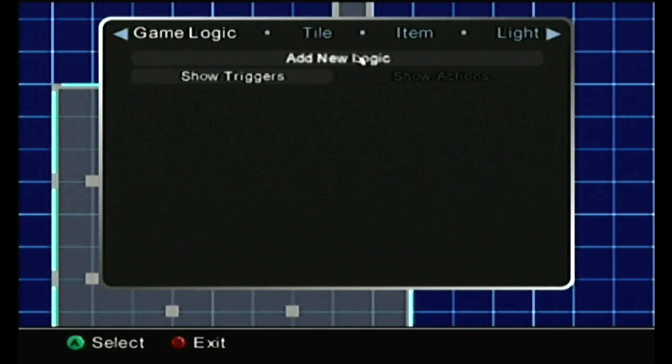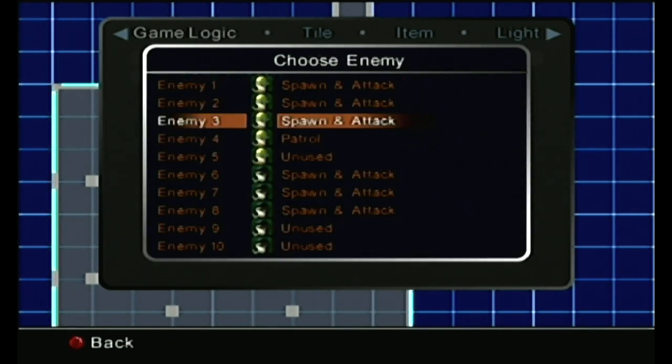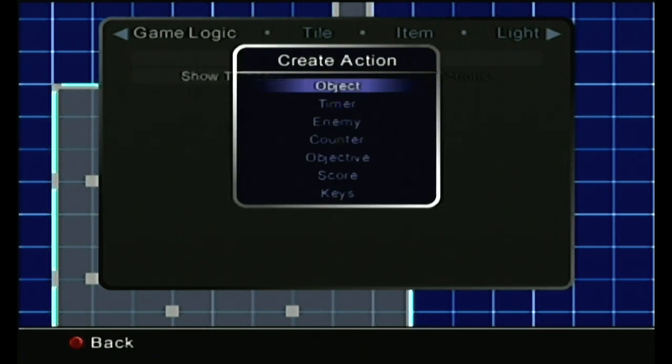Alright, so before that, let's add the logic, get things going here. So we do game started or make a new trigger. Wait, I'm trying to think. Okay, so this guy. New trigger. Enemy, the patrolling guy, enemy 4, killed. So that's the if statement. If enemy 4 is killed, then